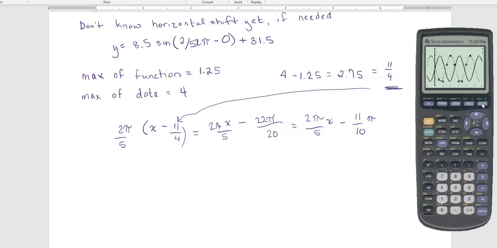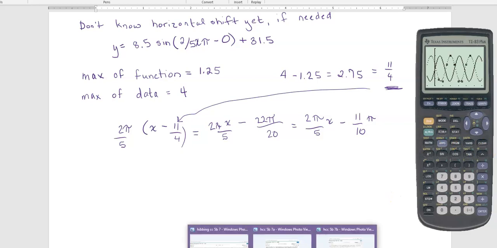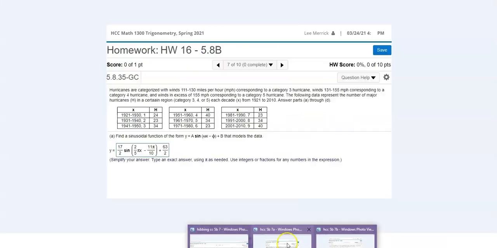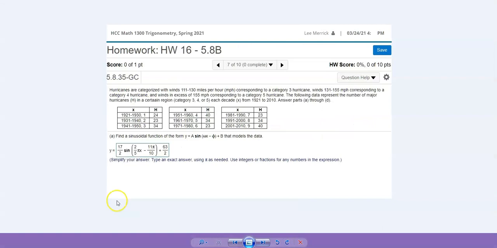And that's looking really good. All right, so this is the dashed line. This is the one where we have the horizontal shift in there. The horizontal shift looks wonderful. And we're going to go ahead and key that all in. All right, so there's our 17 over 2 sine 2/5 pi x minus the 11 pi over 10 plus 63